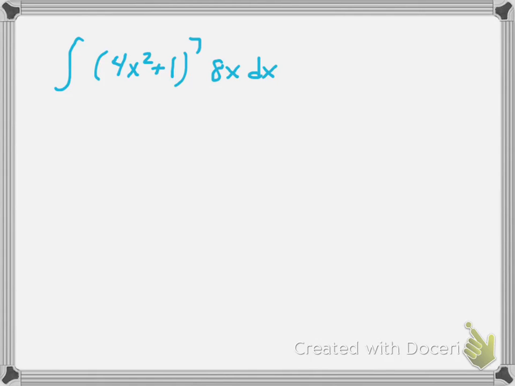So as we look at some of the blanks here, what we want to do is take special note of the idea that 8x happens to be there in the middle of this problem, and it's not coincidental that 8x is the derivative specifically of 4x squared plus 1. And that's kind of like a happy coincidence. So one of the first bullet points you see on your notes says no need to panic. Do you notice that 8x is a derivative of the question mark? So it's a derivative